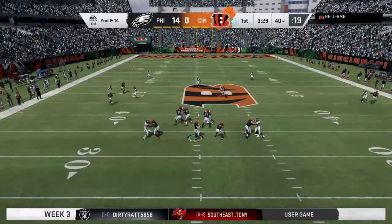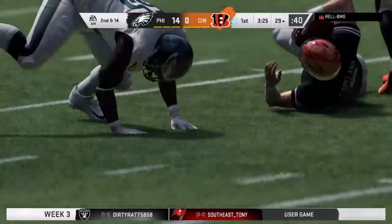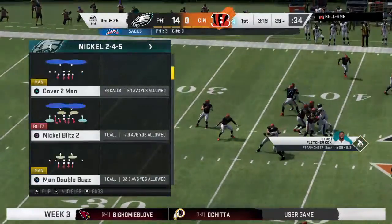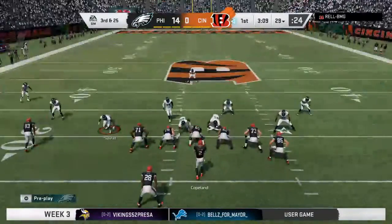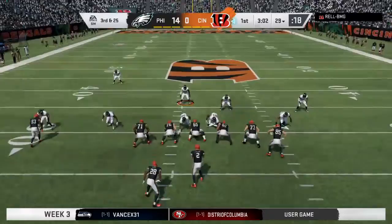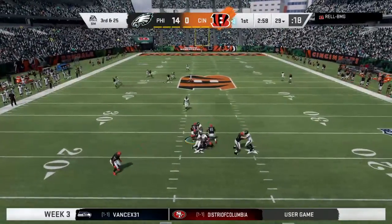2nd and 14. And the pressure gets to him again. Brandon Graham applied the heat off the edge. And that is the 3rd sack this offensive line has allowed in this first quarter. Yeah, that puts him on pace, let me do the rudimentary math here, to be sacked 12 times in a game. I know he's not going to go for that. I wonder if it's going to reshape what they decide to do on offense in terms of play calling. Well, I can tell you what, when he...